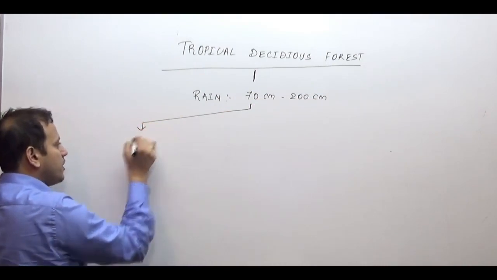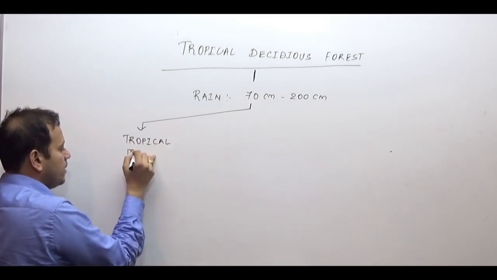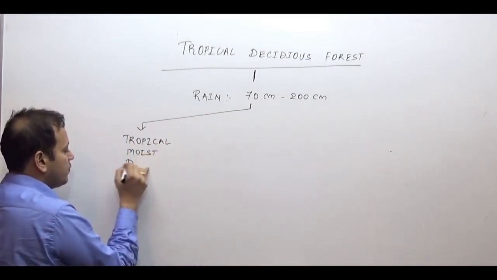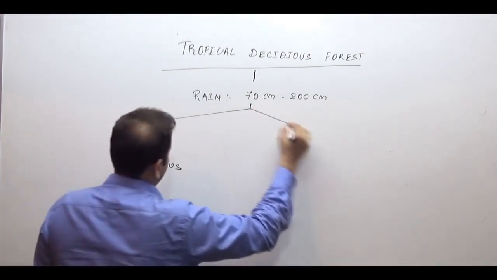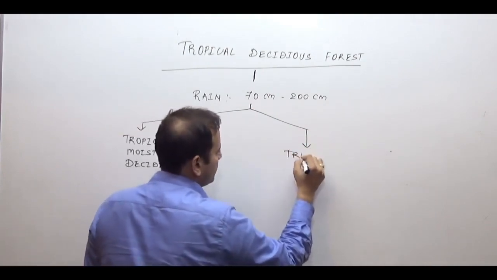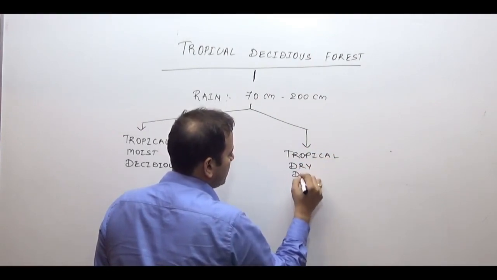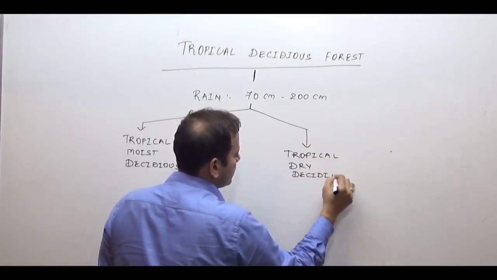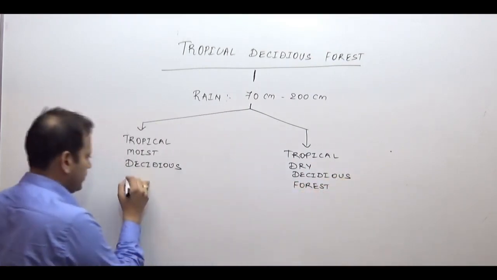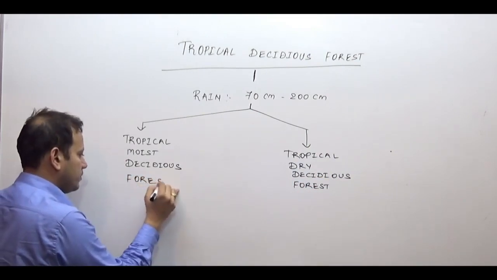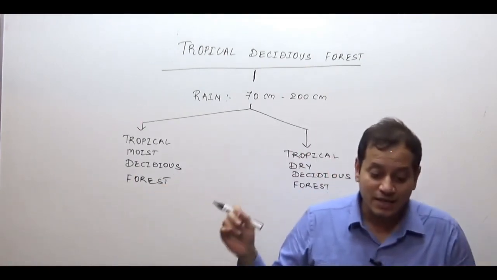One type is the tropical moist deciduous forest, and the other is the tropical dry deciduous forest. So these are the two major types of forests which are found in India, tropical dry deciduous and the tropical